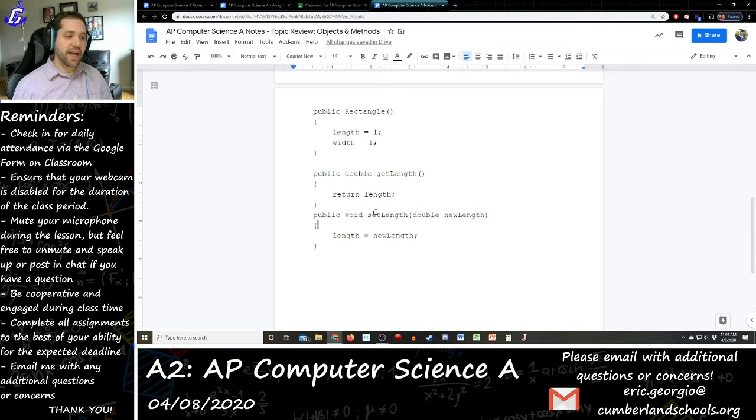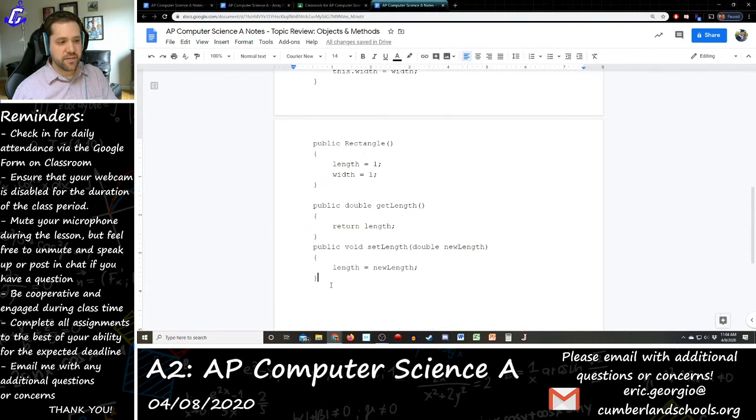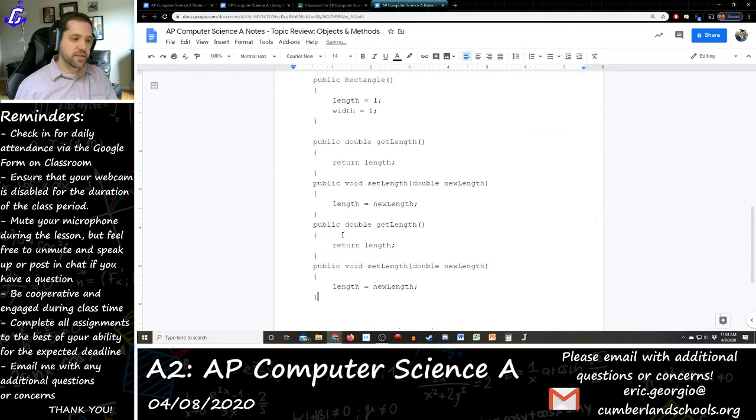Same thing's true with a setter. If you're passing this in, you may want to have an if statement to say, hey, is new length greater than 0? Is it even a valid thing? You may want to have something that says, are we even allowed to change the length? So there's a lot of different things that could happen. So that's why getters and setters are used specifically. Does that make sense? We would then just copy them really for the width,